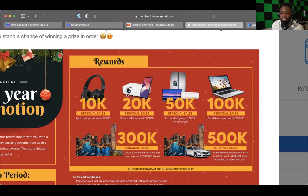Okay. So the 10K in personal sales, audio headphones, or $100. I mean, worth $100. 2K in personal sales, they say projector and phone, $300. 5K in personal sales, they say air conditioner, refrigerator, or LED TV, $900. 100K in personal sales, brand new laptop, $2K. All right. Now for these two prizes right here, I believe that there might be some actual items involved. I think the first four, now I could be wrong. I've been wrong before, but I think the first four are just, they're going to give you the money. So these next two,